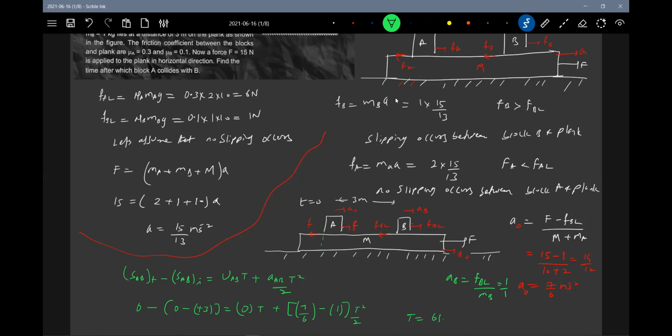6 seconds. Yes. Simply, you can expect this in an exam, sir. Some collision is told. Okay, they will go and collide. That's all. After collision, what will happen? If they give any coefficient of restitution between block A and B, you can further discuss the problem.